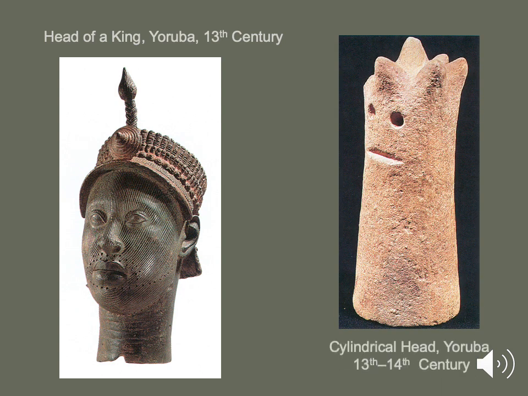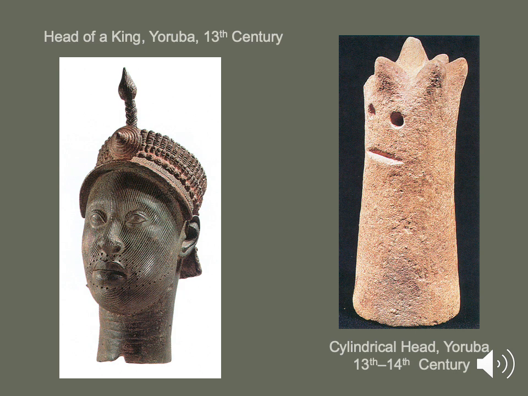This is a cylindrical head. So when we look at this, we would say this is abstract. And it's abstract because it is a head that has been purposefully simplified. Okay, so they've taken away the overall shape of the head, and they've just given us these cones up at the top that look like hair. We have holes for the eyes and basically just a line for the mouth. But being human, we tend to look for human faces in everything that we see. So we automatically see that as being a human head, even though it really looks nothing like a human head.